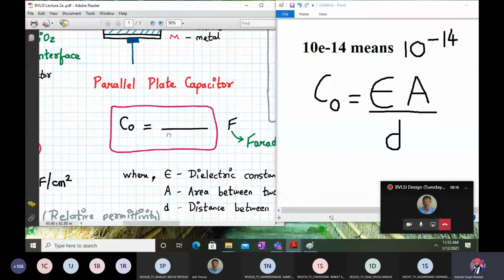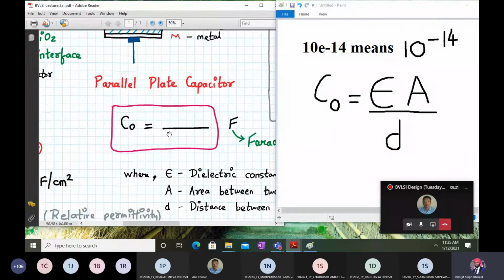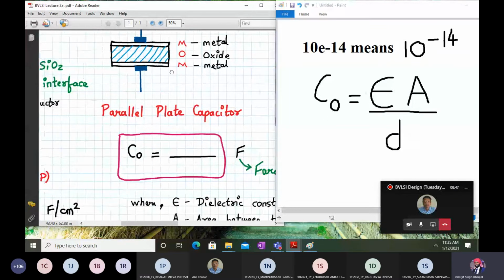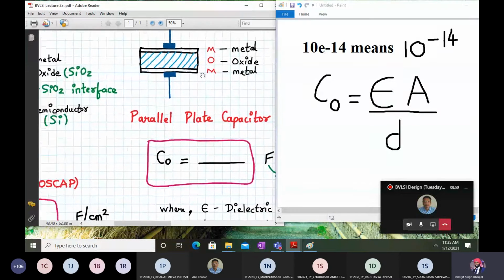So if I have to change the capacitance value of a parallel plate capacitor, either I can change it by changing the dielectric material, or I can change it by changing the area. If the area changes, my capacitance will change. Or I can also change the distance between the plates. So that can also change the capacitance value. Okay, so this concept, I think it is clear. So now let us move ahead. So please note down this formula. It's not there in the OneNote PDF. So C naught is epsilon A by D.